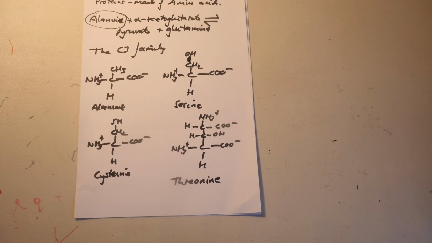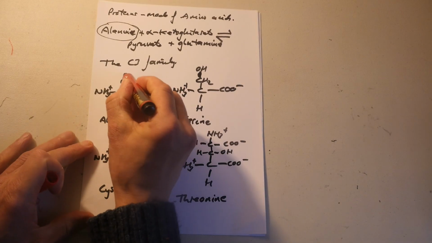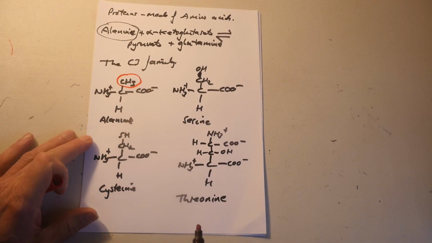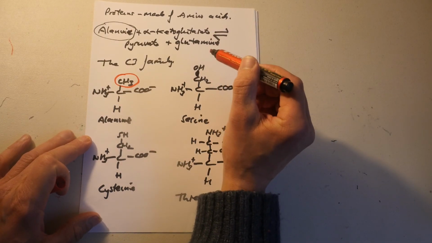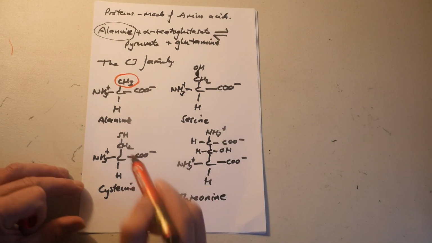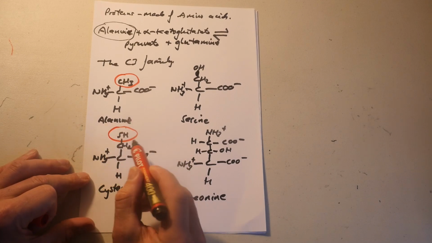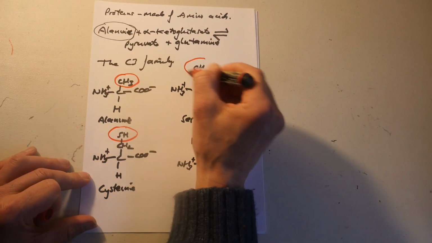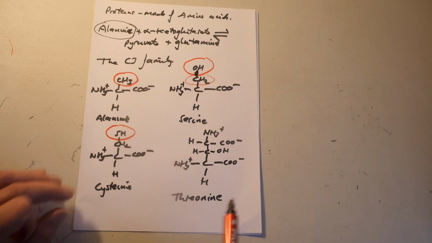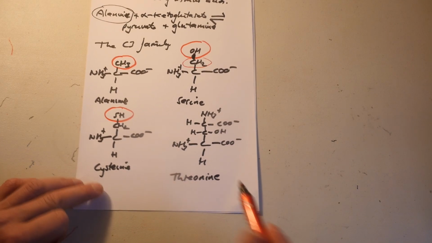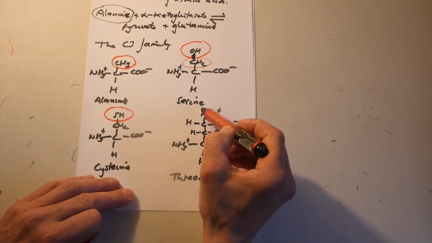The alanine amino acid is identified by the CH3 there, the cysteine by SH, the serine by the OH group after that CH2, and the threonine by this